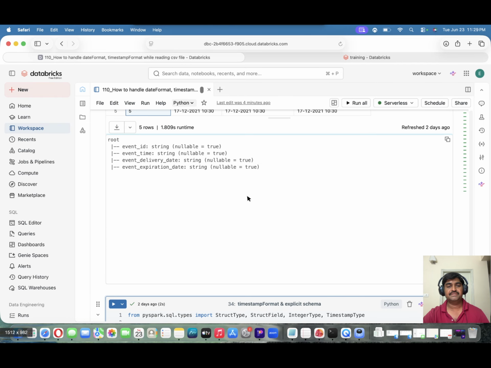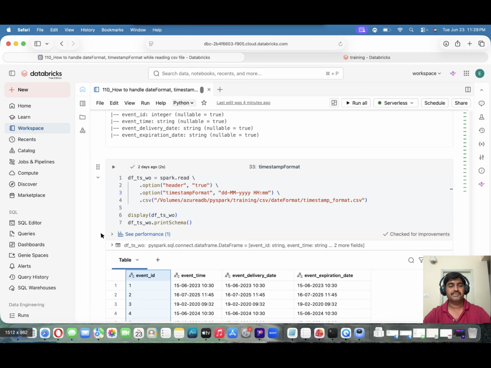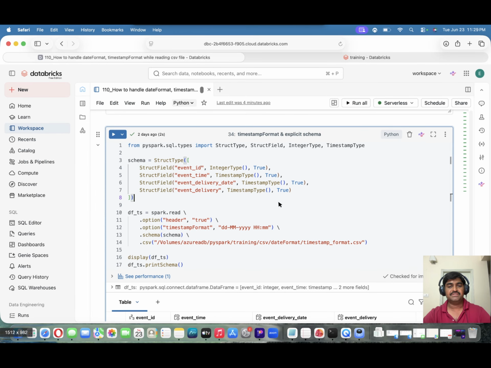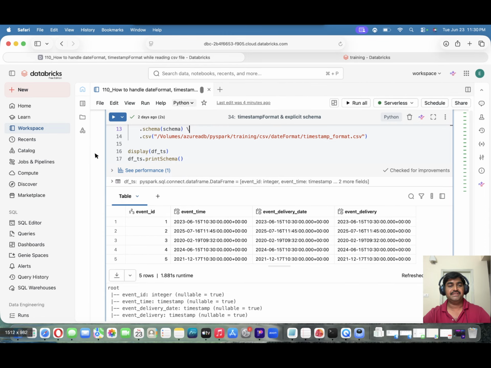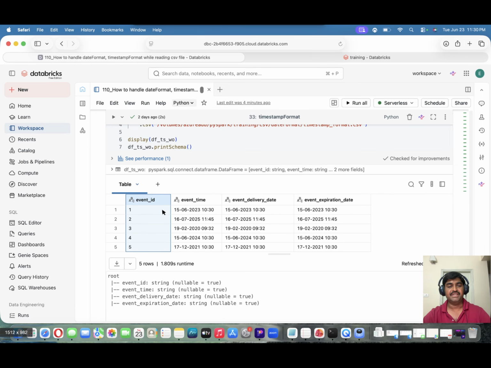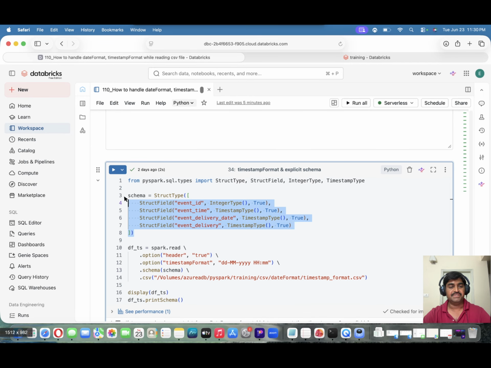In the earlier case, I passed only timestamp format. Now I passed both explicit schema and timestamp format, and now my data will read correctly. Earlier it was reading as it is, as the CSV file has the same string format. But after providing the explicit schema, in which I mentioned event ID as integer type and the remaining three columns as timestamp type,